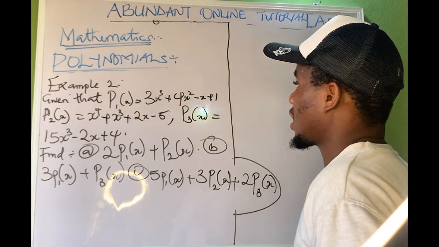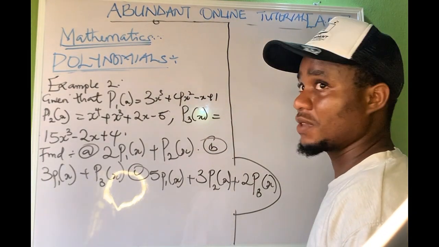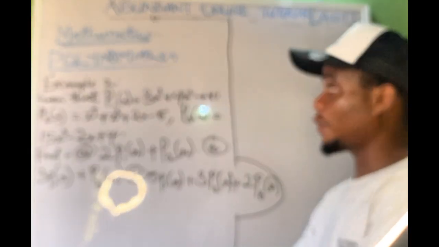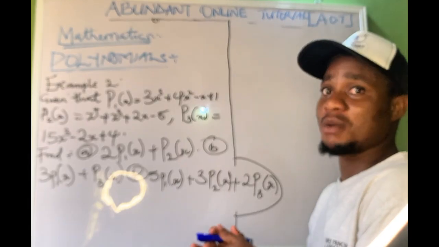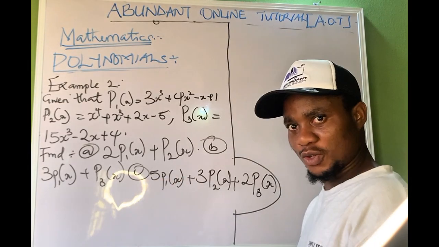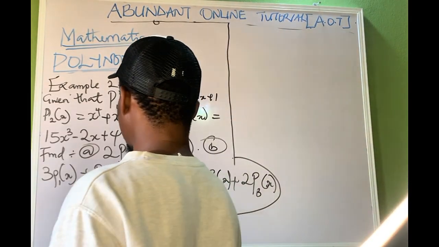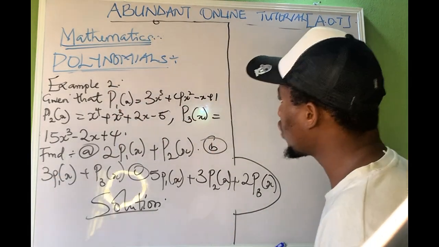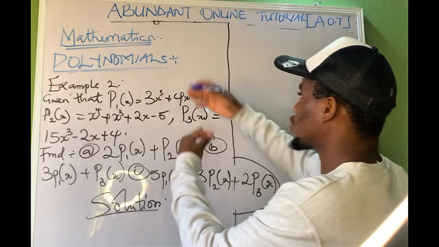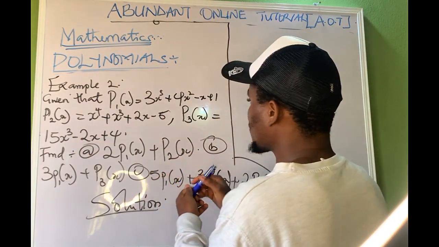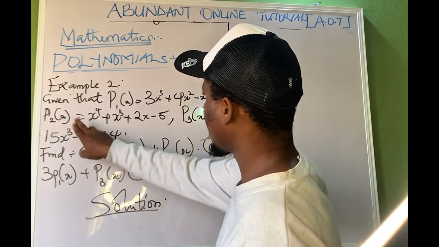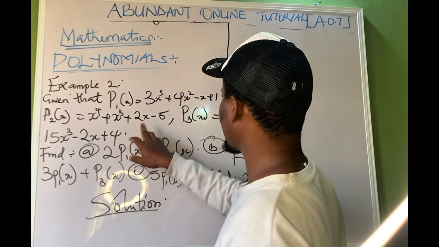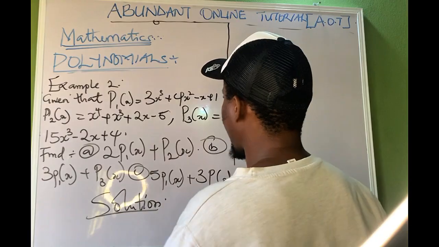This is another question on addition of polynomials, and how we're going to solve it. I'm very sure my students can solve this. Following the explanation I gave earlier, I'm sure you can solve this, but let's do it together. Solution. The rule says that given my P1 of x is this, my P2 is this, and my P3 is this, we have to find